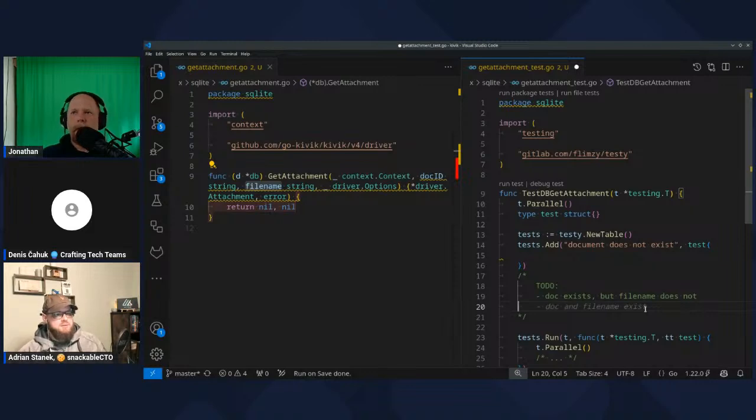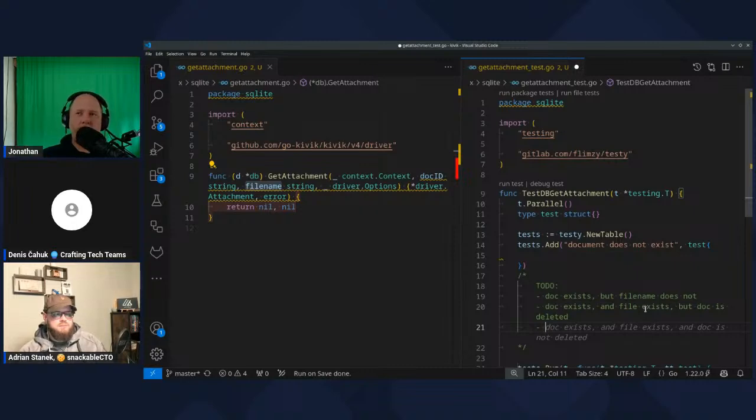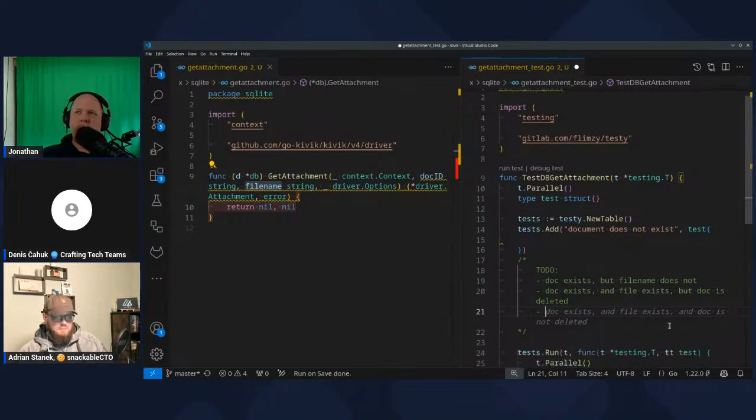Yeah. Okay. Since I have a lot of familiarity with how this works, I can add some failure cases that we might consider. Doc exists and file exists, but doc is deleted. When you delete something, it doesn't purge it; it just leaves a tombstone. So that could be a failure case. You could also have conflicts. You could have two documents of the same version that conflict with each other. You need to return the correct version.